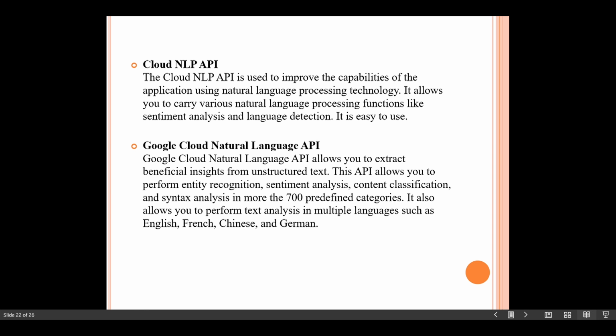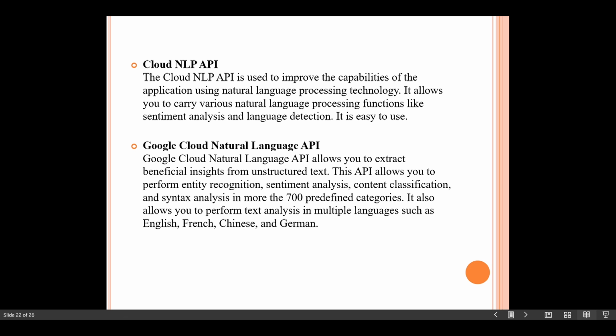And the last one is Google Cloud Natural Language API. It will let us extract information about people, places, events, and many more, which are mentioned in text documents, like news articles or blog posts.